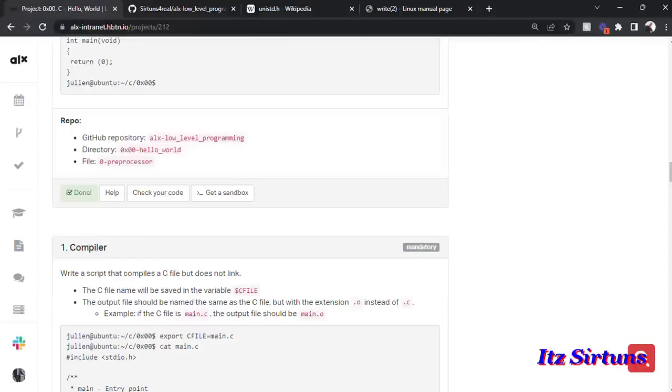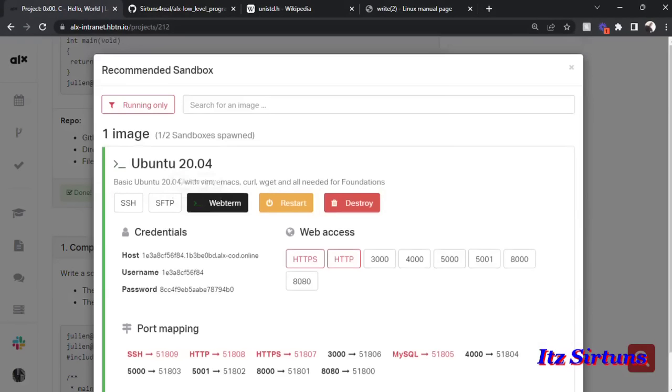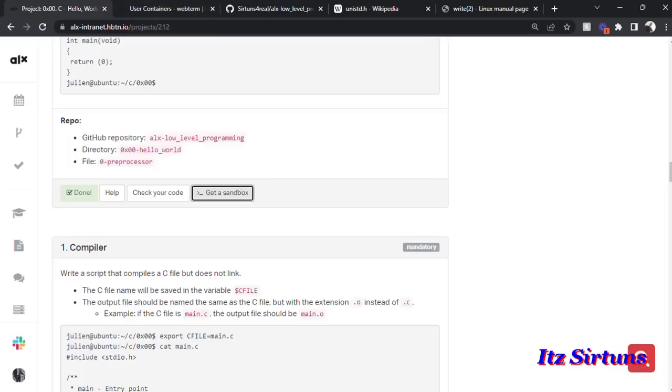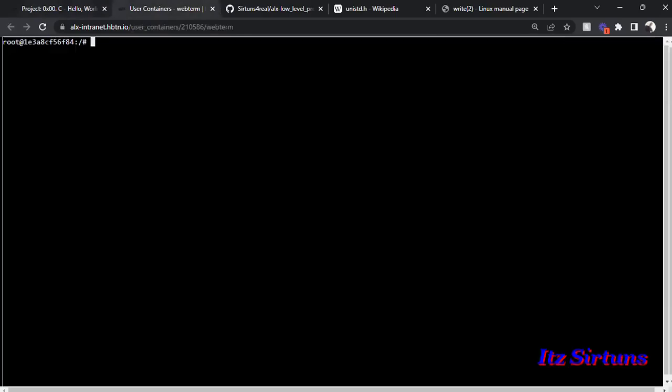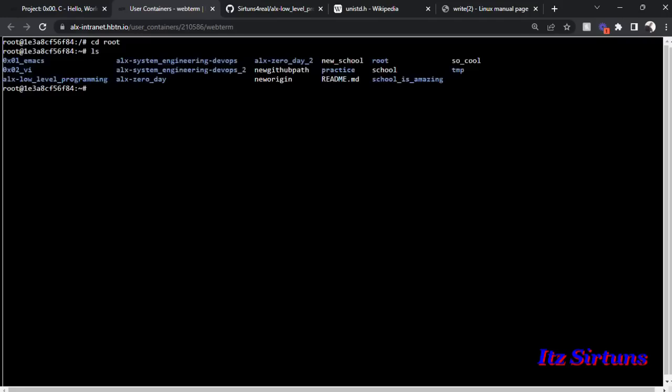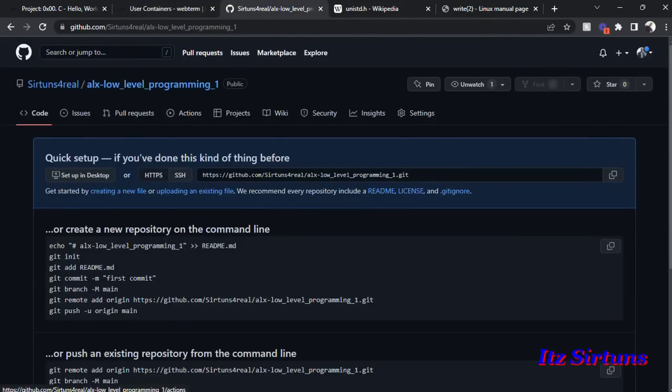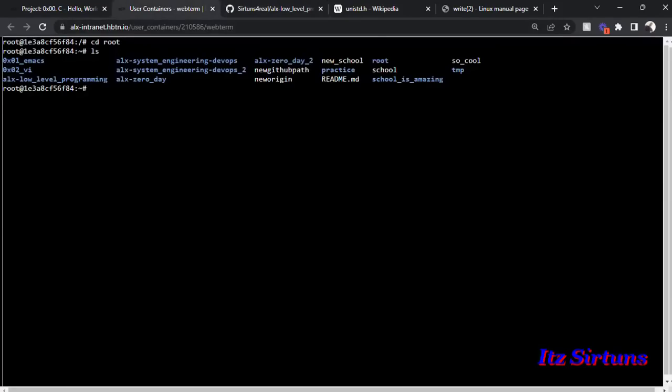The next thing I need to do is come back to my dashboard and launch my sandbox. After launching my sandbox, the first thing I need to do is change to the root directory. After that, I need to clone the repository that I just created. So let me run through the process of cloning the repository once again for your benefit. git clone